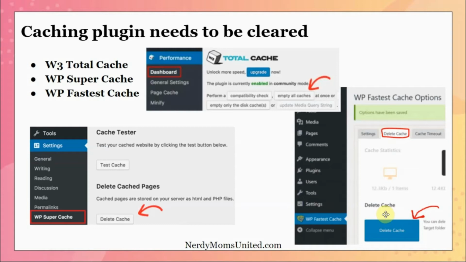So you know, only use one caching plugin at a time. Do not have more than one because it will cause conflicts in your website, and you don't want that in your WordPress website. Once you're done clearing the cache with your plugins,